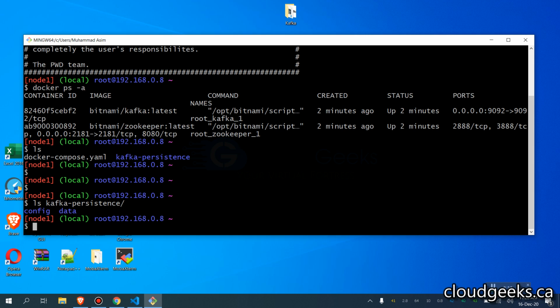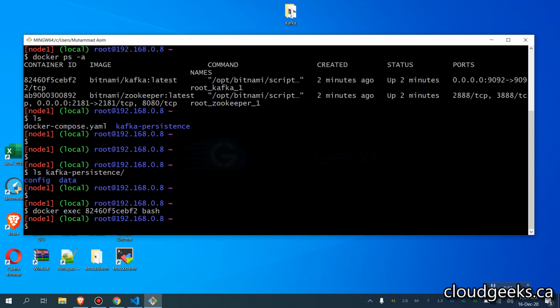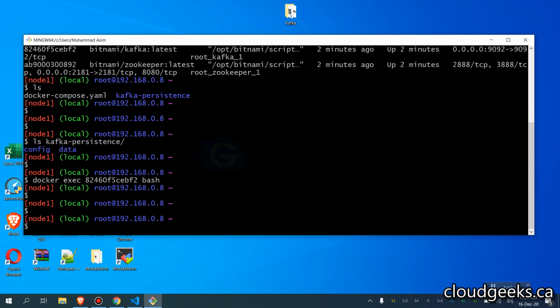Those settings I've provided. Regarding this session, I need to tell you that if you are idle in that particular session or do not do anything, it is going to hang up. So make sure you are active in it, or if you're inactive, this session is going to be lost. So what I'm going to do is docker exec into that particular container of Kafka, and if I do ls,